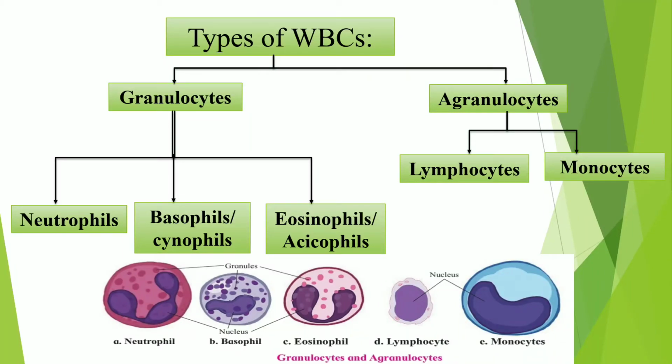So student, welcome to the third period of the circulation, and in this we are studying the various types of the WBCs. So in last period we can say that the WBCs is of two types, granulocytes and agranulocytes. The granulocytes again divided into three types, neutrophils, basophils and acidophils, and agranulocytes are divided into two types again, lymphocytes and monocytes. So these are the structure of each different kinds of the WBC. It is neutrophil, basophil, eosinophil, lymphocyte and monocyte.